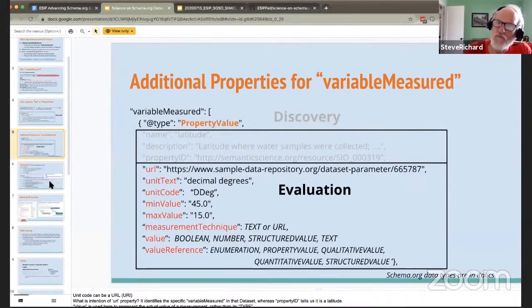Value, this property value element inside schema.org, providing a value, gets into what you would use for actual data constructions. Probably not reference, probably not useful. And then they have a value reference property, which has a wide range of possible values. And this could be an extension point for adding more specific information to get into representing some of the deeper complexities of different kinds of variables. And I think Kai will talk about that next. Over to you, Kai.